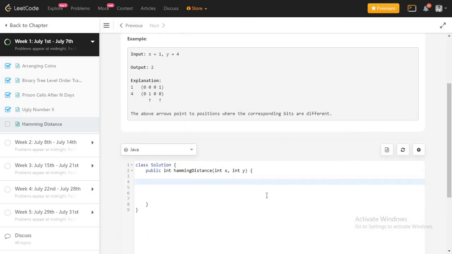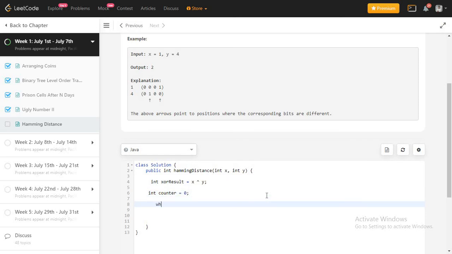using Java. So at first, what was the algorithm? I was saying that I will need to check the bitwise XOR value, right? So let me take one variable called XOR result, probably something like this, and I am going to do bitwise XOR, right? So basically this will give me one integer number between these two after doing XOR operation, right? So now I am going to take one counter.